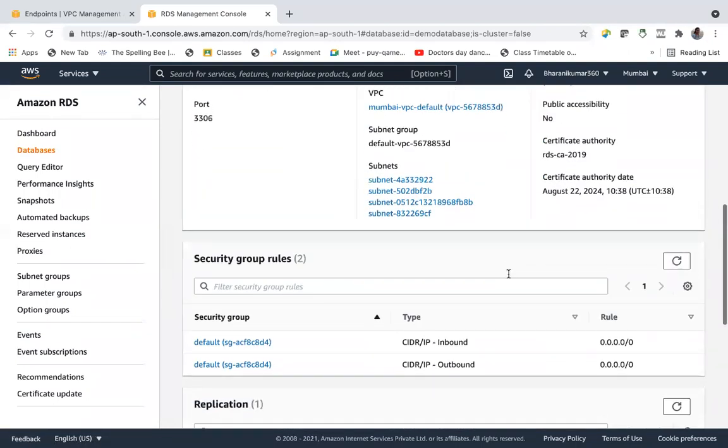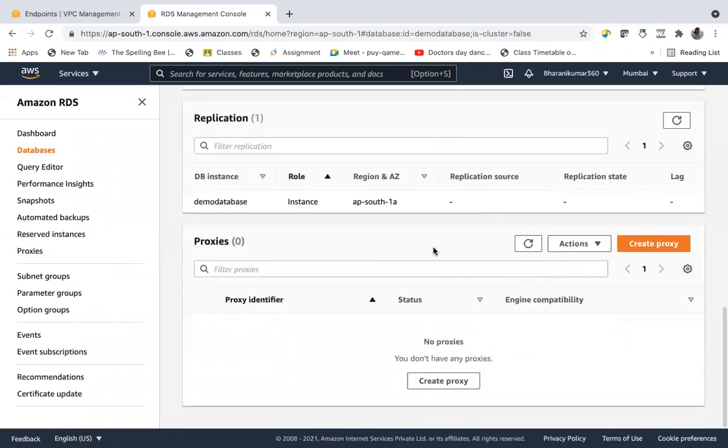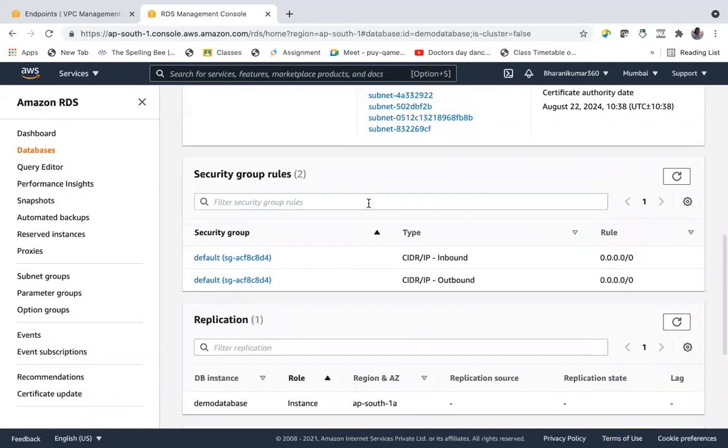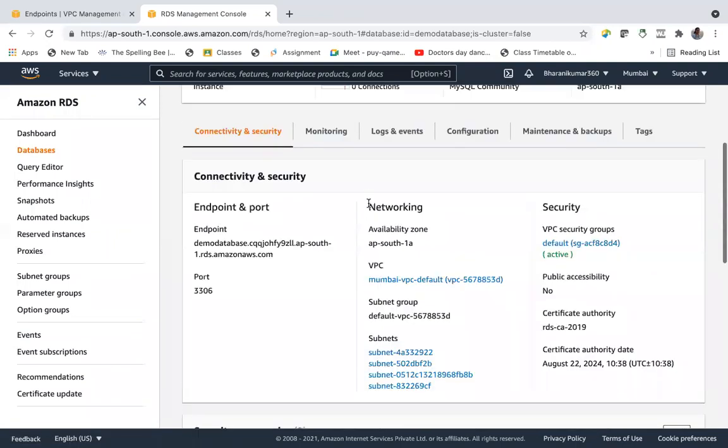And where is the IP? We don't know the IP, we only know the endpoint. Since it's an AWS managed service, we don't know the IP address. We will only get the DNS name or endpoint name. And I have to use this port in order to connect with the database. And since it's a private database, we cannot connect to it through the public internet. I have to connect through an EC2 instance.